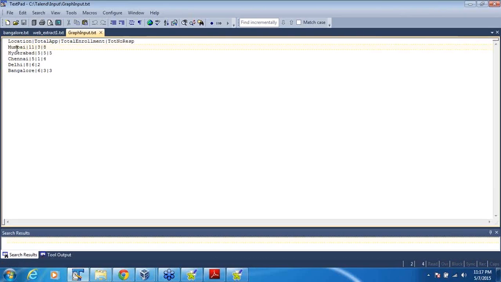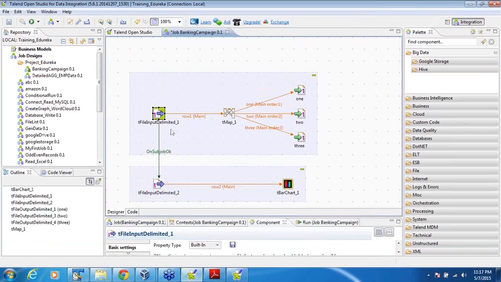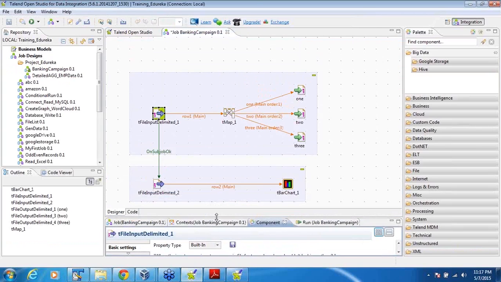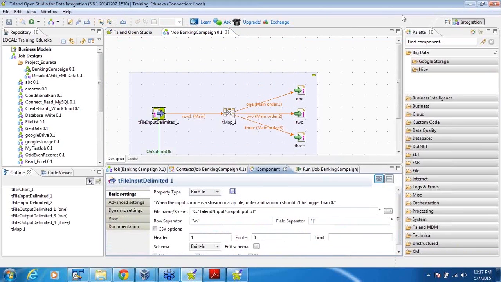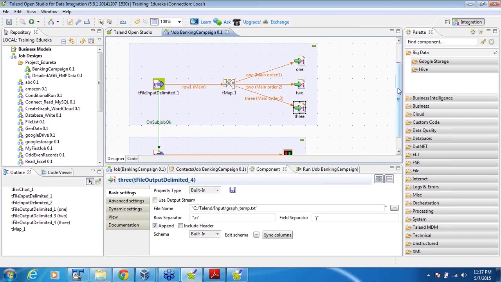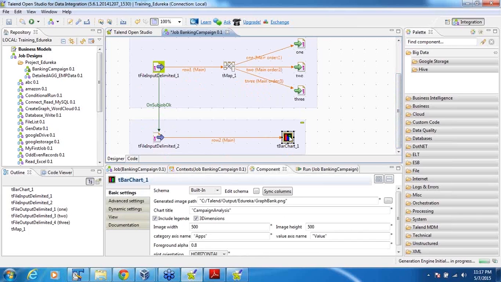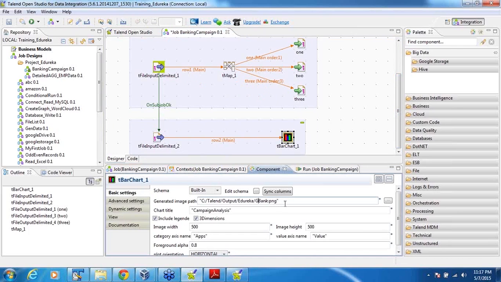Okay, which will show only Mumbai data one row, only Hyderabad data one row, only Chennai data one row, only Delhi data one row, only Bangalore data one row. Once this data got generated in Talend, we can run a very simple job which will read this particular file, which got generated and clubbed from different cities. It is going to prepare the intermediate data result for the graph to get generated. Okay, and once it prepares this intermediate data, it is going to prepare this graph. This particular graph that we are generating is called bank